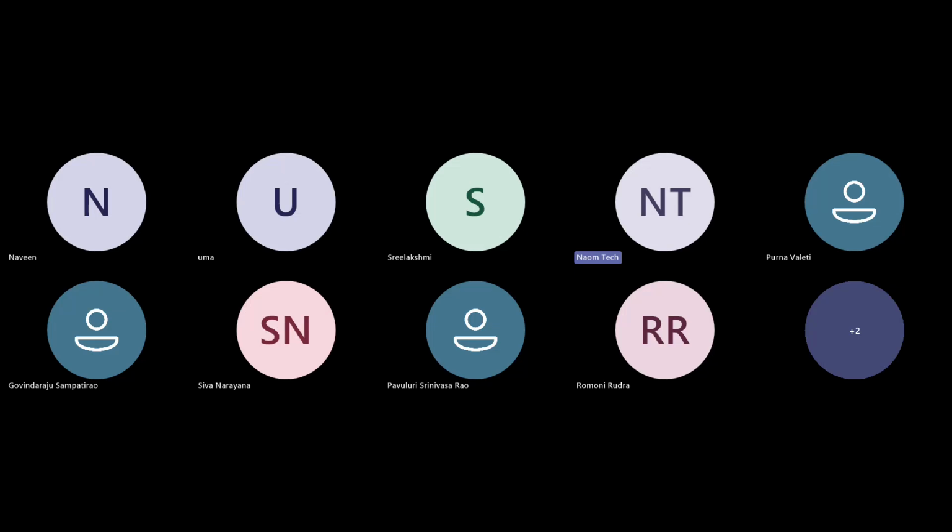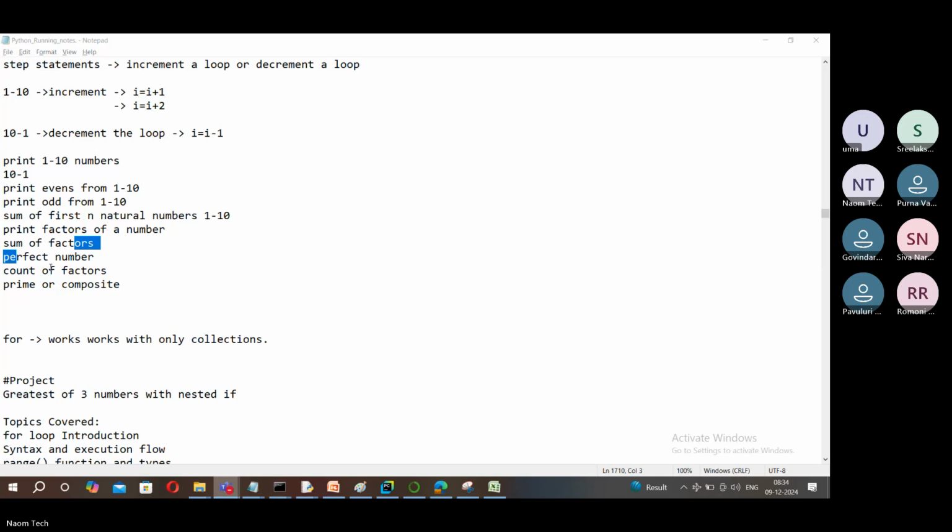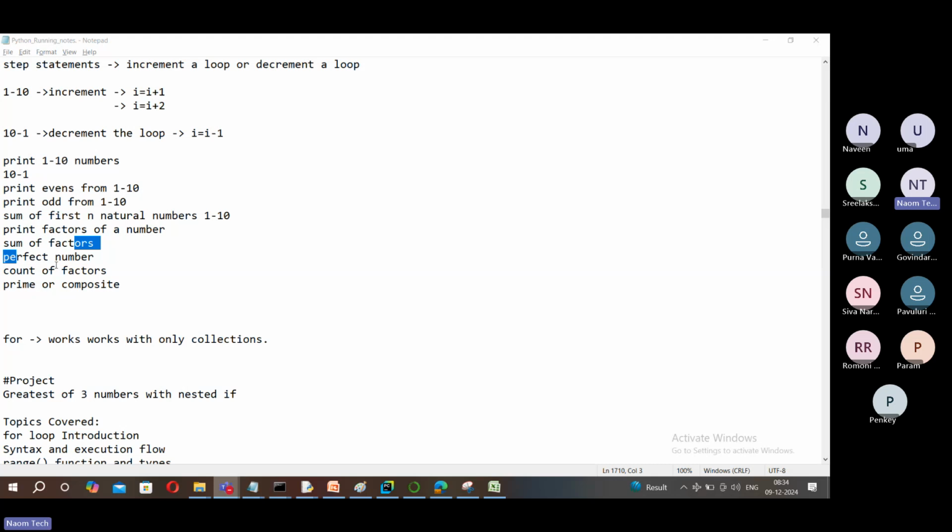Logic building: we had discussed till this perfect number, I believe, right? So count of factors and perfect number. Sorry, not count of factors, sum of factors and perfect number. Let's continue today. We continue with a few more logics and then just jump to the next topic, that is for